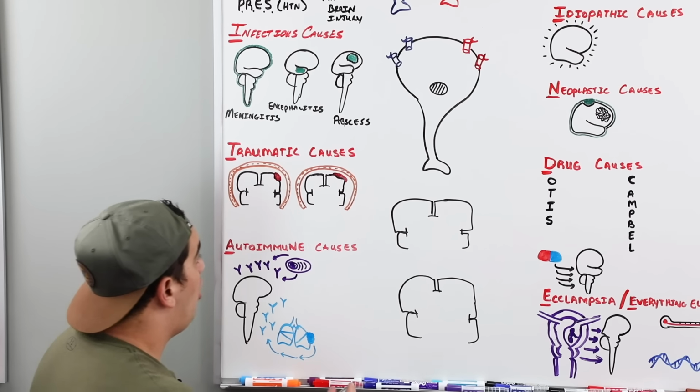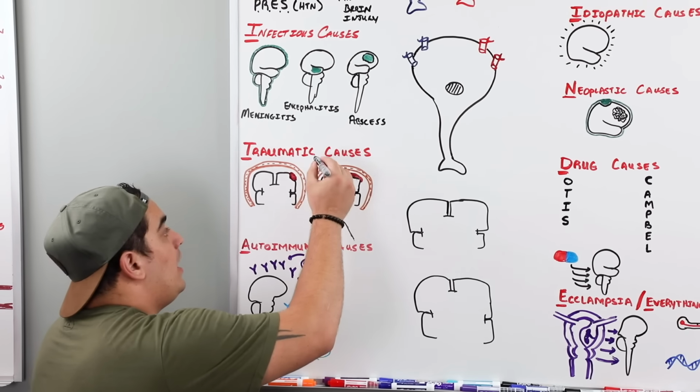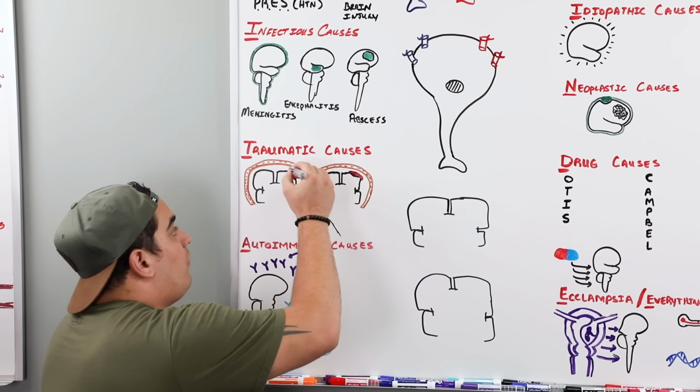The traumatic causes that I want you to think about here is if you form kind of a lens-shaped bleed, that is called an epidural hematoma. Or if you form this crescent-shaped bleed. Epidurals are usually a rupture of the middle meningeal artery. Subdurals are usually venous bleeds, and so this is called a subdural hematoma. These are near the cortex, can agitate the cortex and trigger seizures.